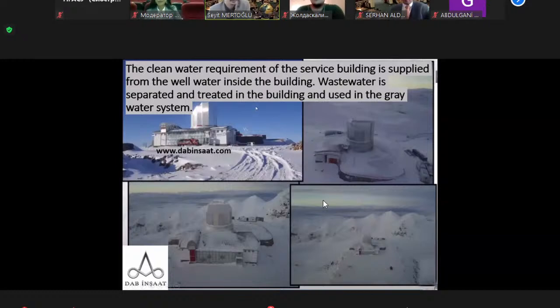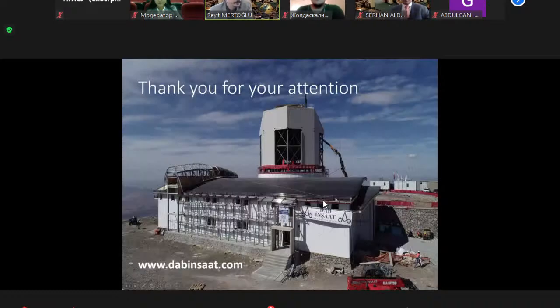The clean water requirement of the service buildings is supplied from the well water inside the buildings. Wastewater is separated and treated in the building and used in the gray water systems. In video,